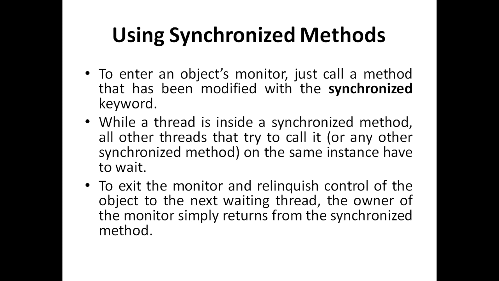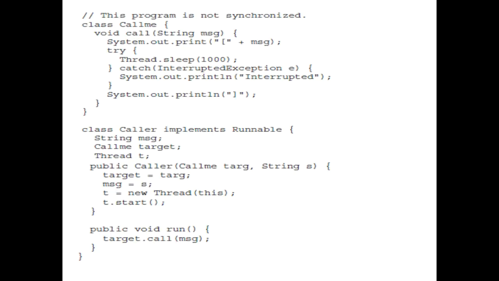This means once you create a thread and you call a synchronized method through the object of that newly created thread, you have acquired the monitor, or the lock. So at the same time, no other thread can acquire the same lock on the same resource. Once you complete the task, you return from the synchronized method. Then any other thread waiting to acquire that lock will get access to it.